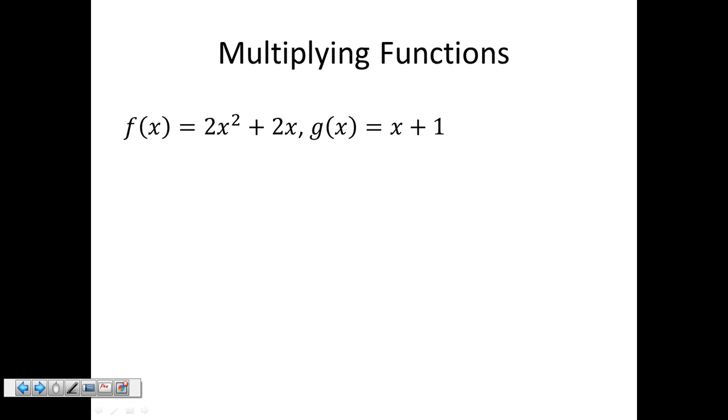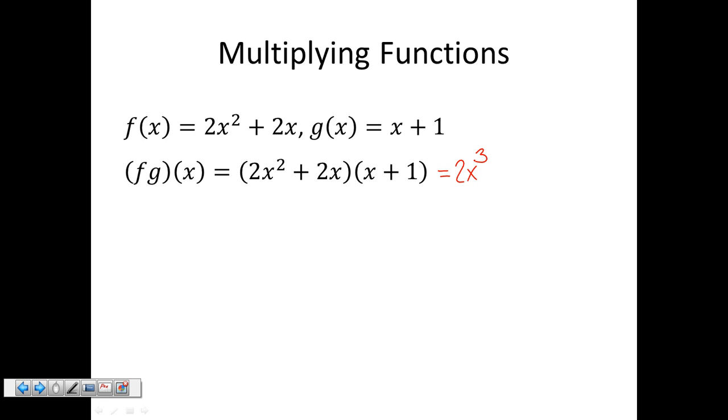Now, multiplying functions, we've multiplied functions before. We're just learning some notation here where we're going to take f times g of x, which means that you take the entire function f of x and multiply it times the function g of x. Now you got to remember here, we're going to FOIL. So when I get all done, first, outer, inside, last, I'm going to have 2x cubed,